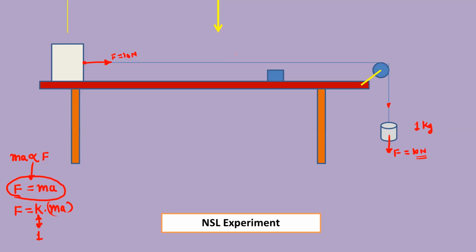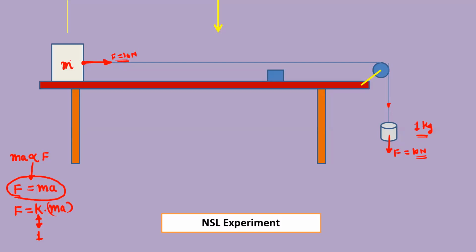So for that, this is the experiment setup. There is one mass M. This mass is connected with this string, and one dead weight is connected to the string. Initially I will select the dead weight as 1 kg. So the corresponding force value is F is equal to 10 Newton, because 1 into 9.81 is approximately 10 Newton. This force F, because of the dead weight, will get transmitted through this string up to this mass. The same force F will act at this point. So this is the external force, 10 Newton.